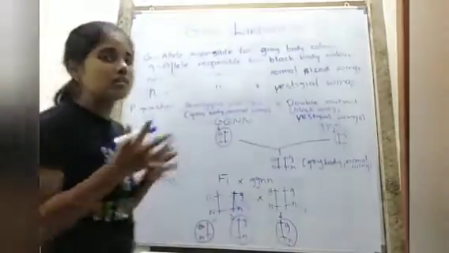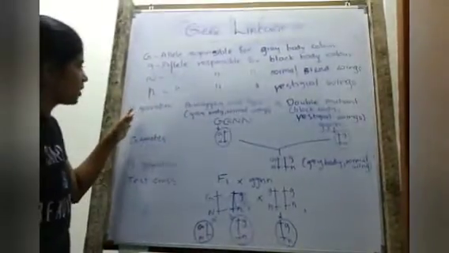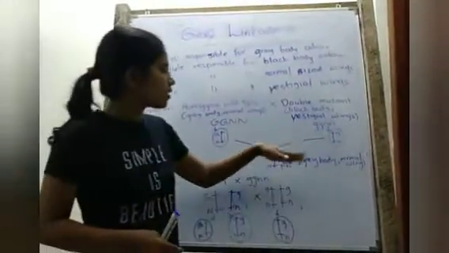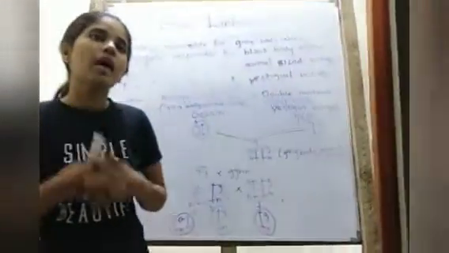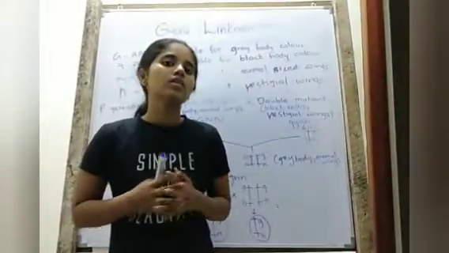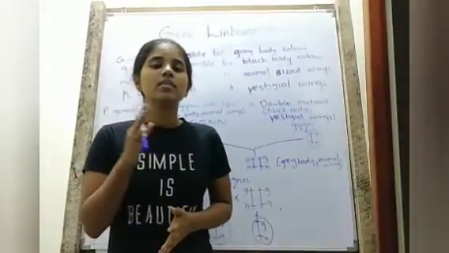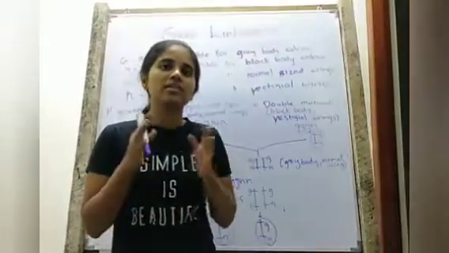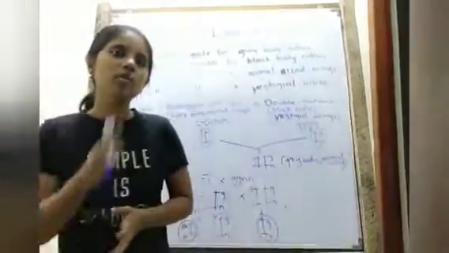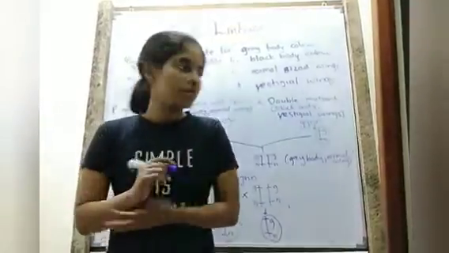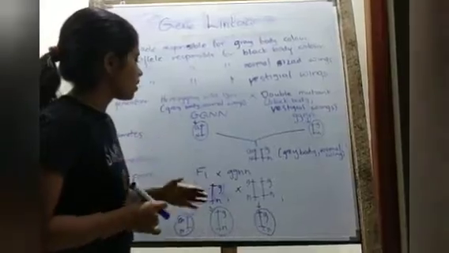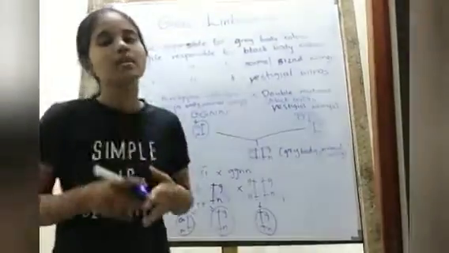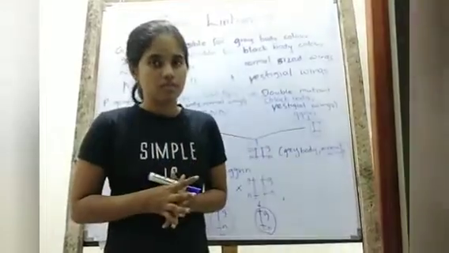So what Morgan did in his experiment was, first he obtained a heterozygous organism and then did a test cross to it to check whether the same ratio as Mendel's dihybrid cross would be obtained. So you guys know from the second video that Mendel's dihybrid test cross ratio will be 1 to 1 to 1 to 1. So here we are going to find out whether this would follow the same path as Mendel's dihybrid test cross.